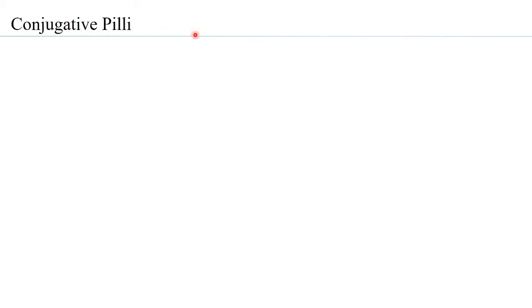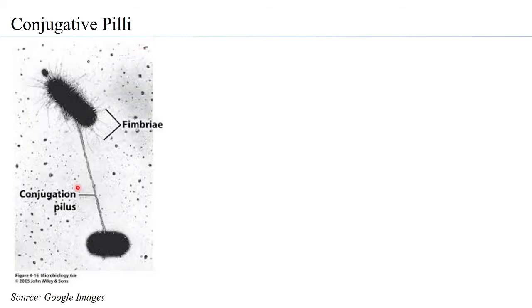Now let us go to the conjugative pili. So the conjugative pili is responsible for exchange of genetic material. And this particular picture is already showing that the conjugative pili is associated with what is termed a sex pilus or a conjugation pilus. And you can see how far the pilus can get extended. The size of this pilus is longer than the bacteria itself. So you can see how long the pilus has become.